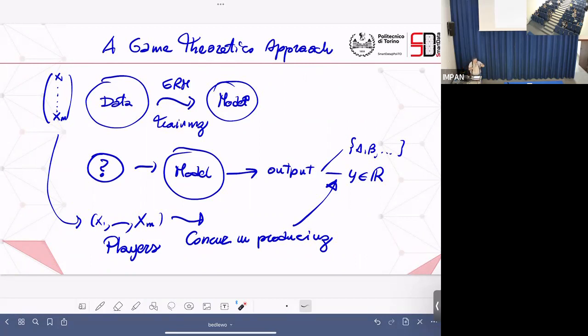So there are various ways of doing this. Very popular was layer-wise relevance propagation, LRP, which goes back in the network, trying to maintain some quantity constant and trying to understand the role of the various neurons in a decision. But it turns out that this has some problem. They made some sanity check. They see that even if you perturb very dramatically the internal layers of the network, LRP doesn't change.